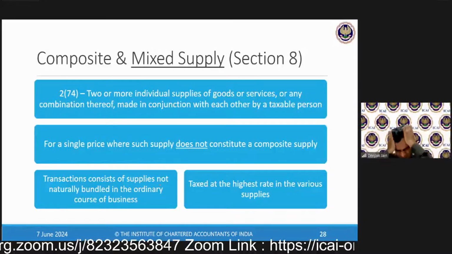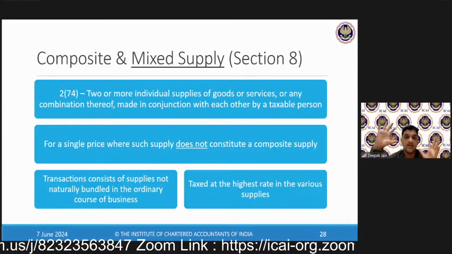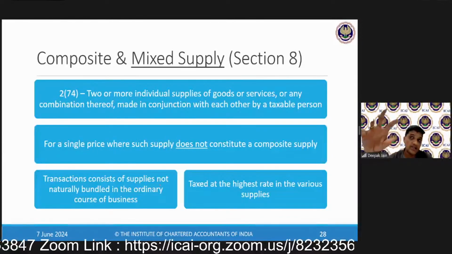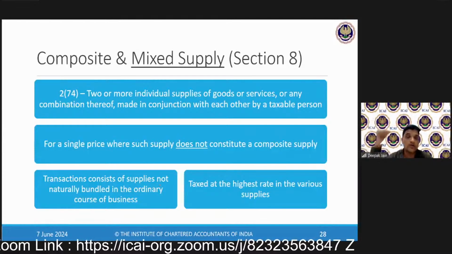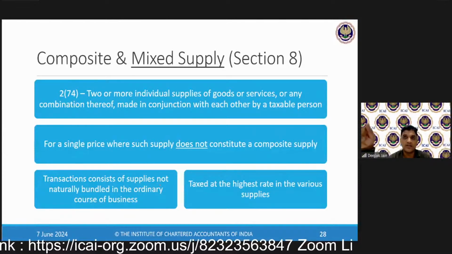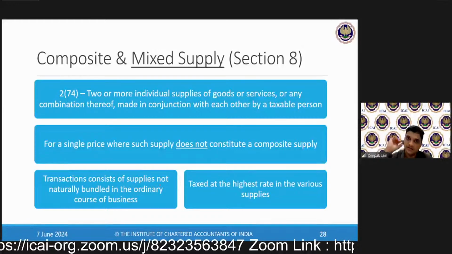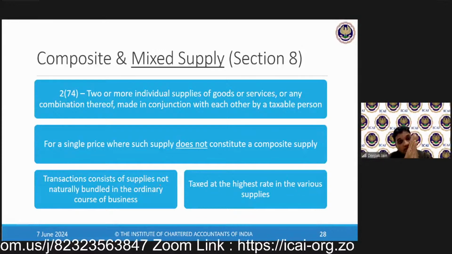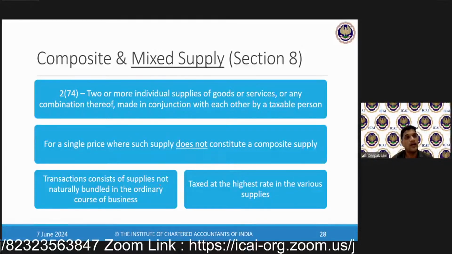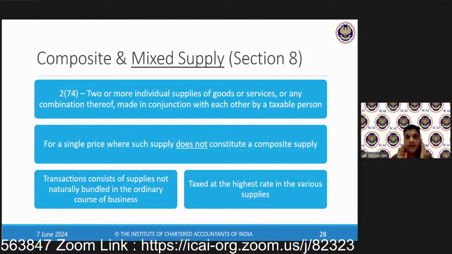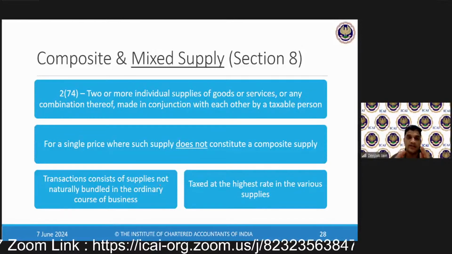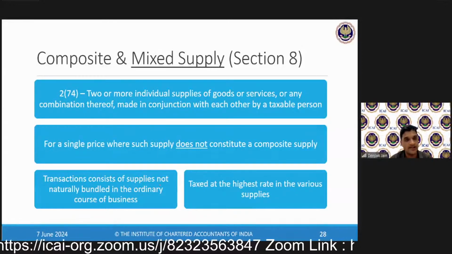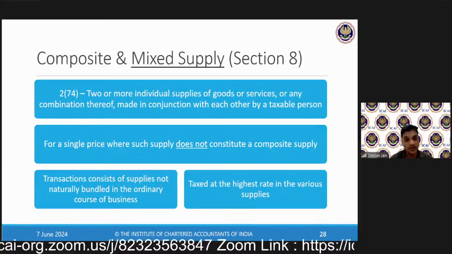Now, what could be an example of mixed supply which is not naturally bundled? So what is not naturally bundled? Artificially, I will bundle. Example, gift hampers. I will purchase a gift hamper of toothpaste, toothbrush, and a shaving cream is given. Can I purchase this independently? Yes. Must I purchase toothbrush and toothpaste together only? No, I can get toothbrush separately, toothpaste separately, but they are bundled together and given to me, which means this is not naturally bundled. This is artificially bundled. There are two or more supplies. Yes, two or more supplies. Is it artificially bundled? Yes, artificially bundled.